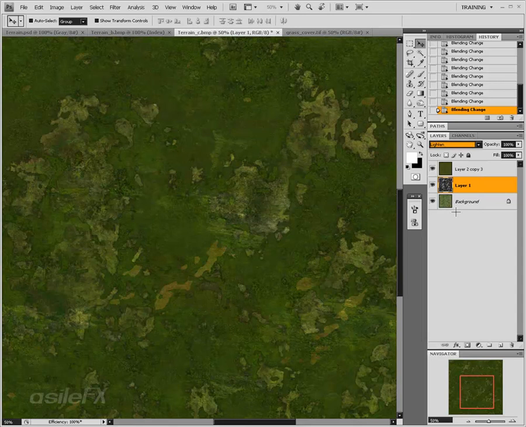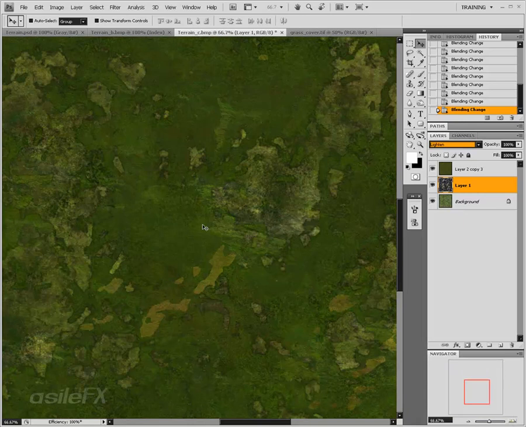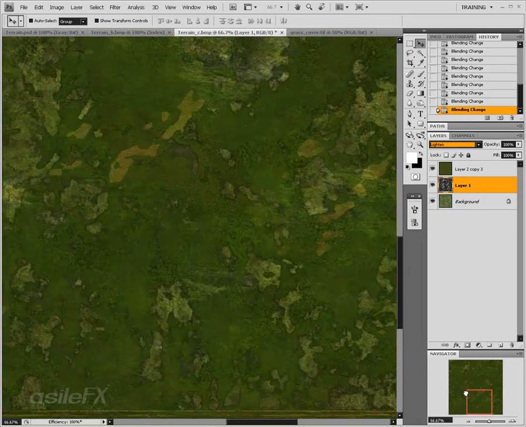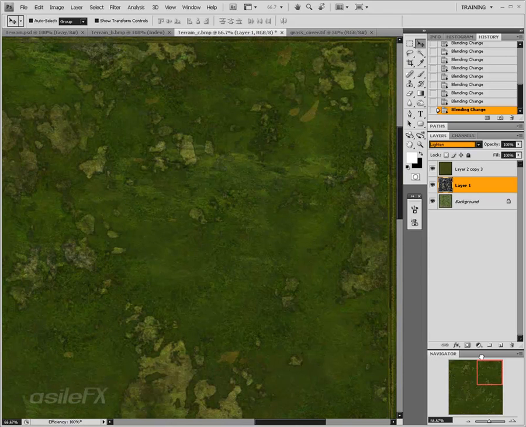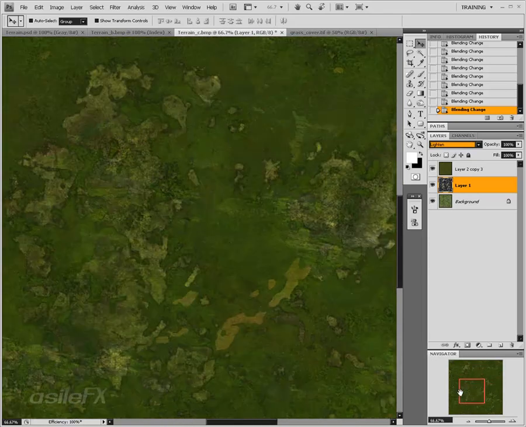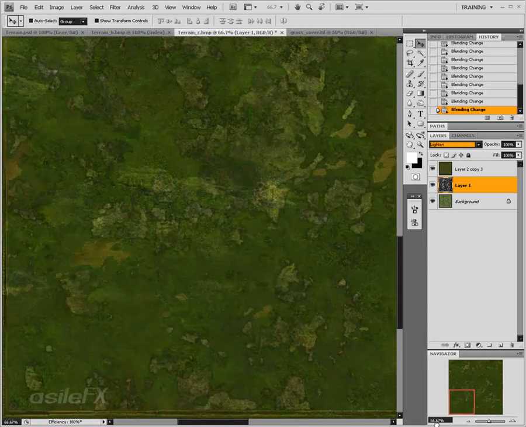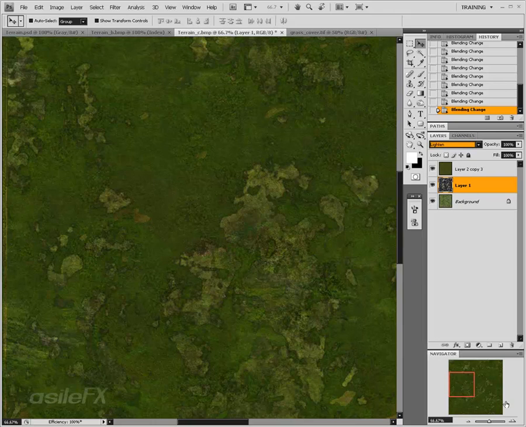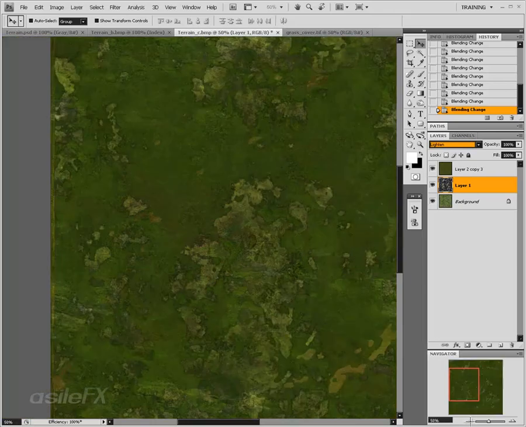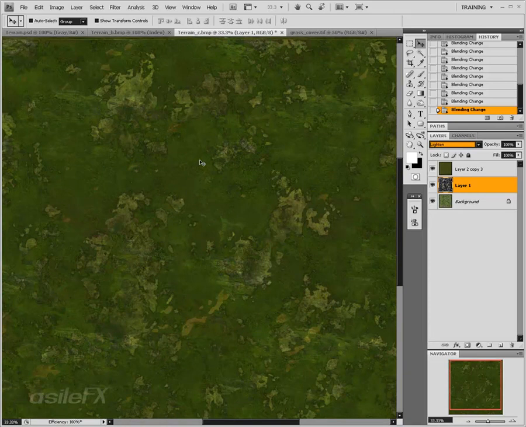And now if we want to maybe add some additional detail around these edges, we could paint that in, distort the image map, and then probably what should be done is taking a clone stamp tool and just going around the edge of that original color map just to remove those lines and distortions that are showing. So I'm going to go ahead and save this out,